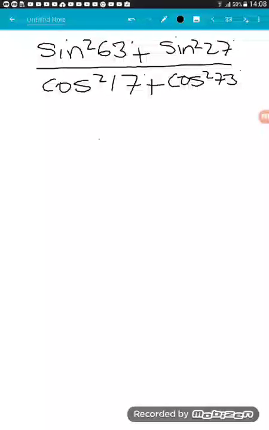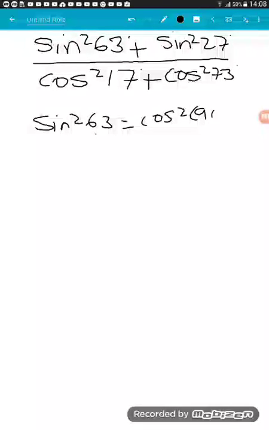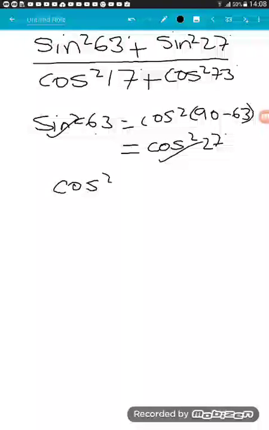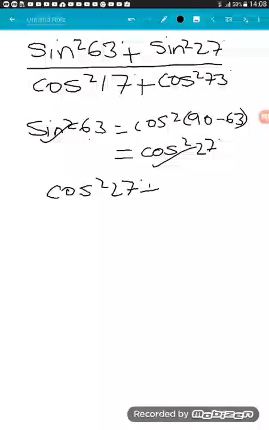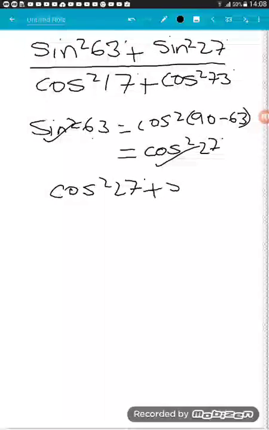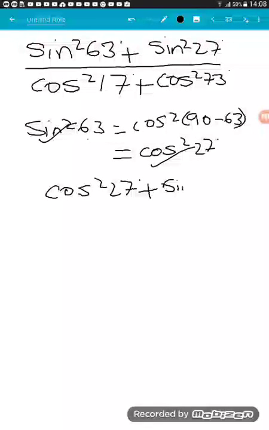Sin square 63 we can write as cos square of 90 minus 63, so it will be cos square 27 degree. So by substituting sin square 63 as cos square 27 degree, it will become cos square 27 degree plus sin square 27 degree,